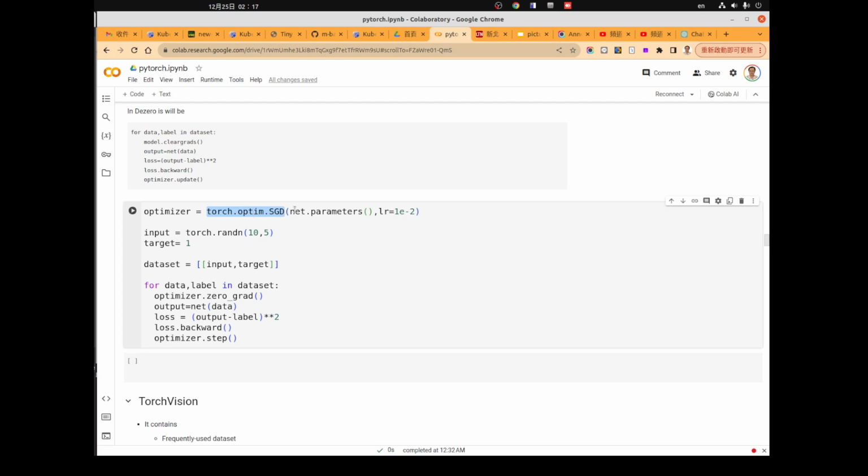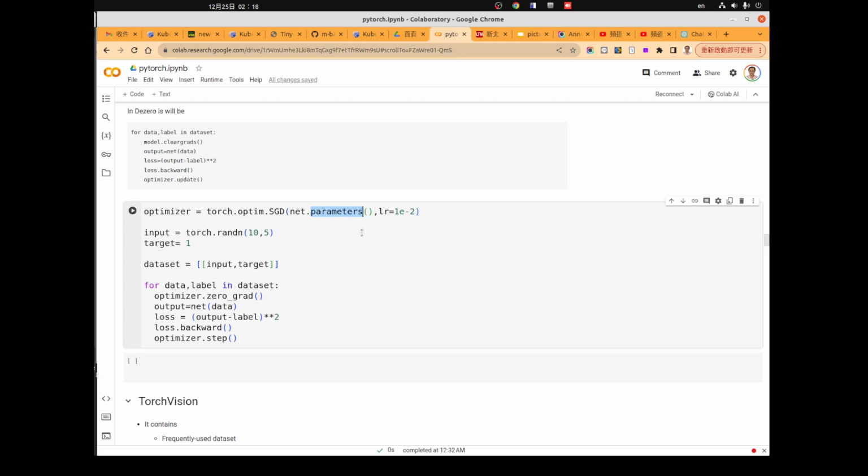And for the optimizer, we need to pass it all the parameters which need to be updated. This is why we need to implement the parameters function in the model, since this function will return all the parameters which are created and assigned to some attribute of the modules. So the optimizer will get the list of all parameters, and in addition to those parameters, it needs some other